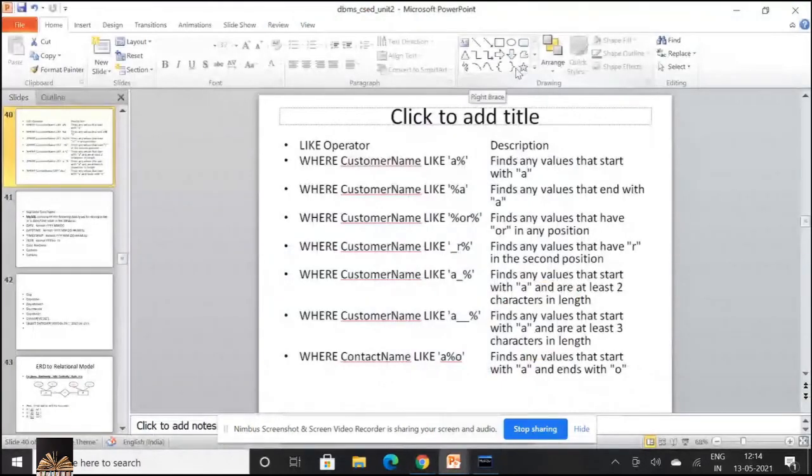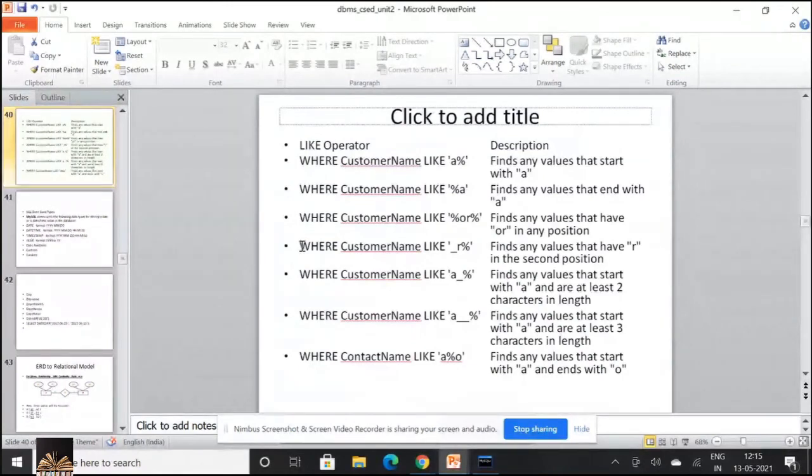Now, WHERE customer name LIKE '%or%': if OR is present in any position in the string, that particular value would come out as an output.